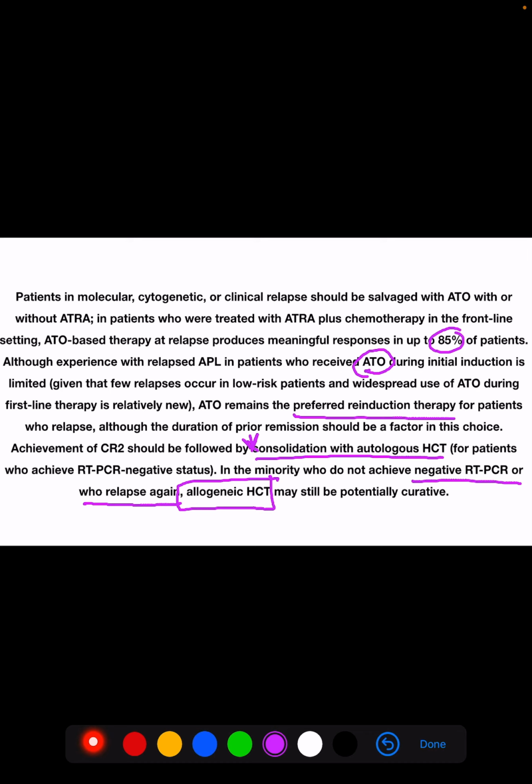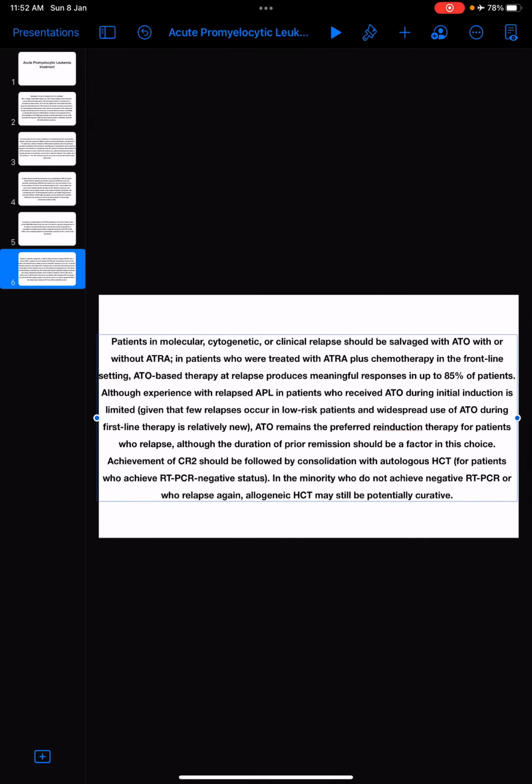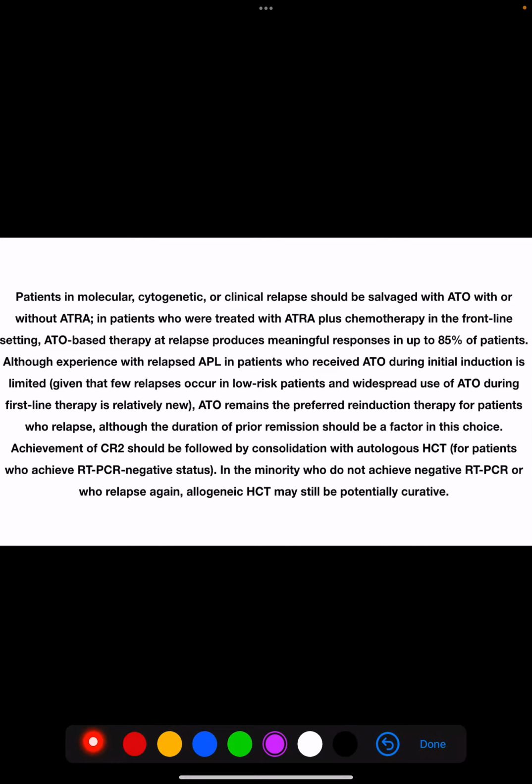So first we give arsenic trioxide to patients who are relapsing, and then again we measure the RT-PCR of PML-RARA. If patients have achieved complete remission, then we treat with autologous hematopoietic stem cell transplant. For those who do not achieve a negative RT-PCR, we treat the patient with allogeneic hematopoietic stem cell transplant. So that is about the treatment of the